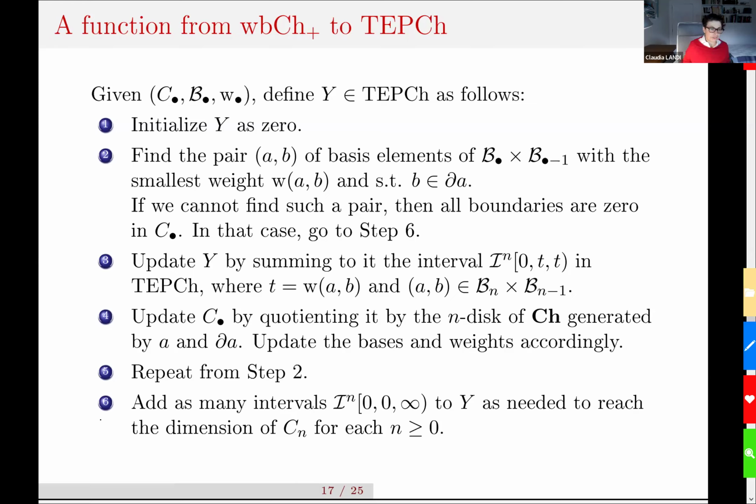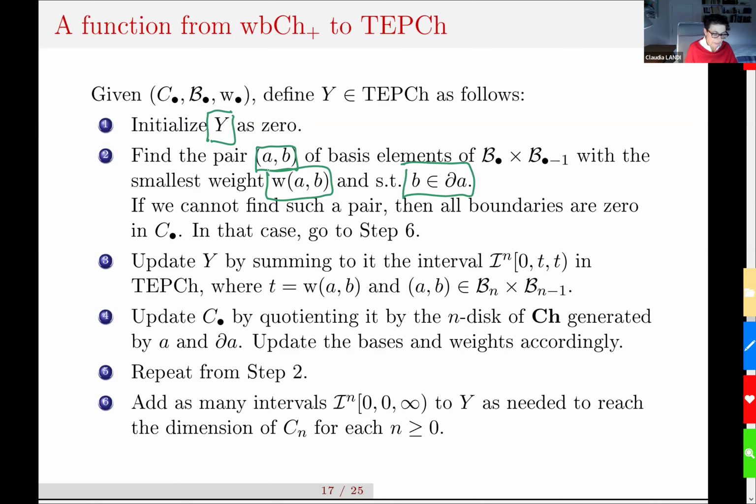Basically, the procedure is: y is what we want to construct. We start by setting it equal to 0. Then each time we find a pair AB such that B belongs to the boundary of A, and the weight is the smallest possible among all the weights that we have,